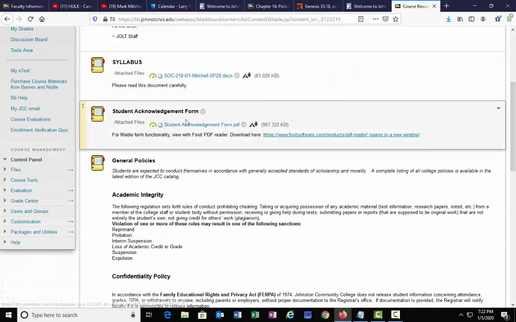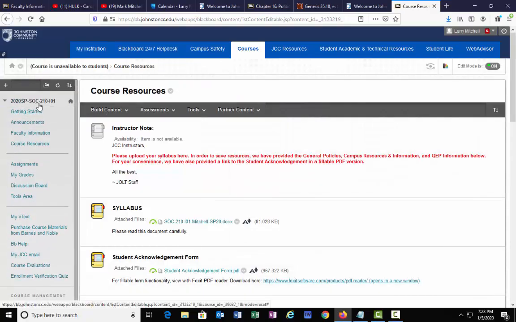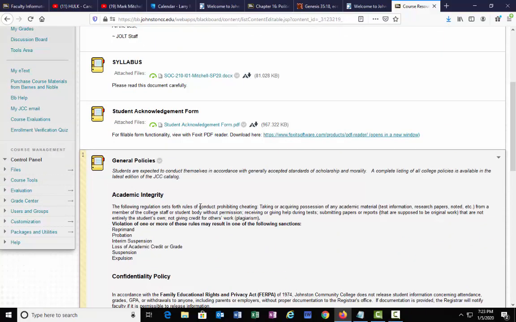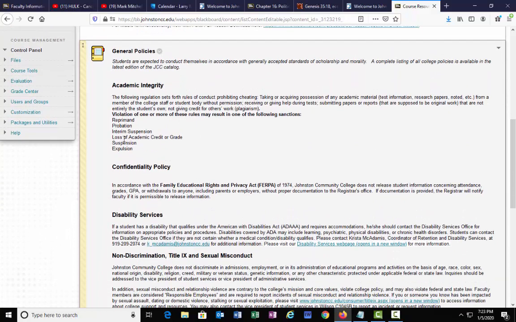The acknowledgement form, I need that back from everybody. Again, you can download the form and fill it out and email it to me, or you can simply send me an email that says your name and that you have read and agreed to abide by the syllabus for the spring 2020 semester in whatever section of sociology you're in. So the course that I'm in right now is the section of Sociology 210 I online 01. So that'll change. So just add your section number to your email if you're going to send it to me that way. All right, and some of the general policies of how the class will run,